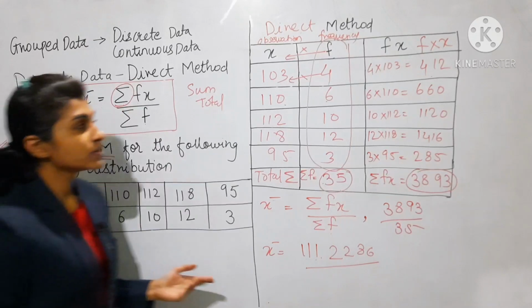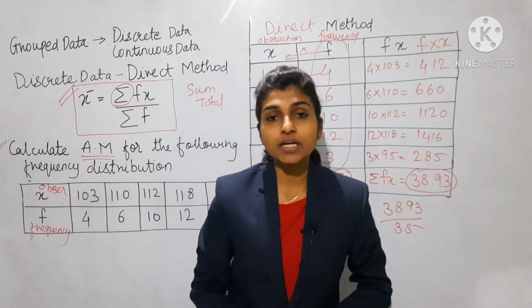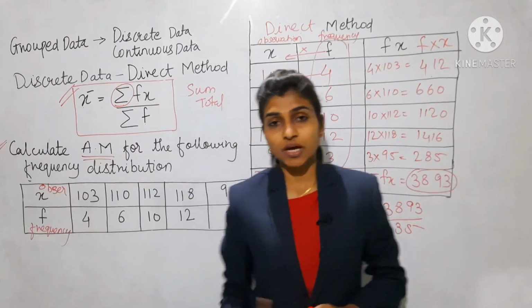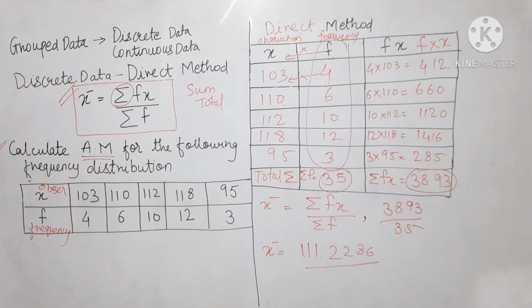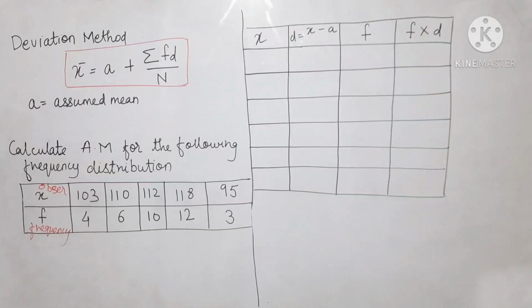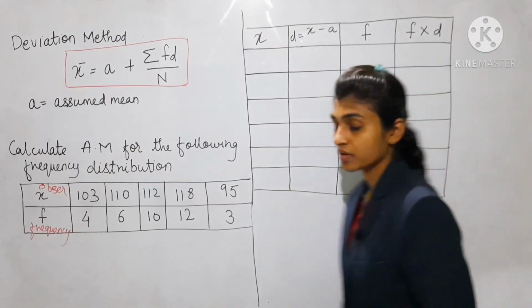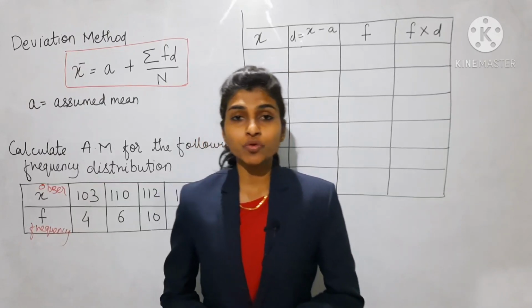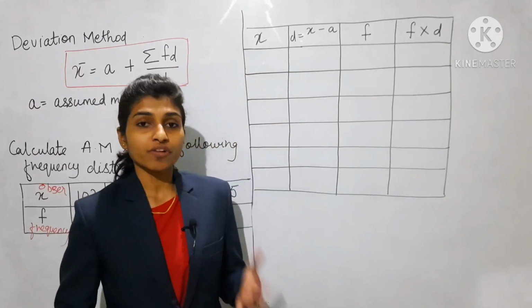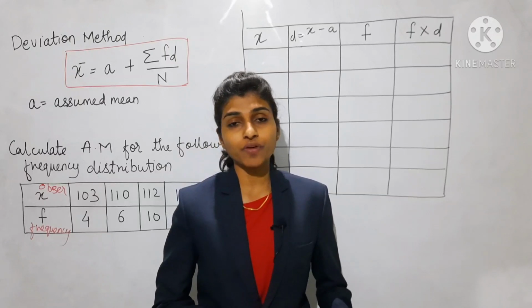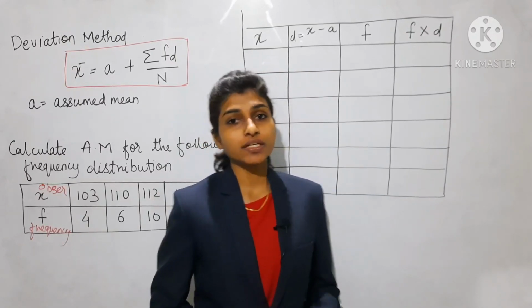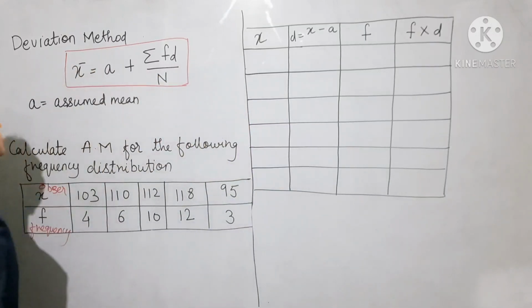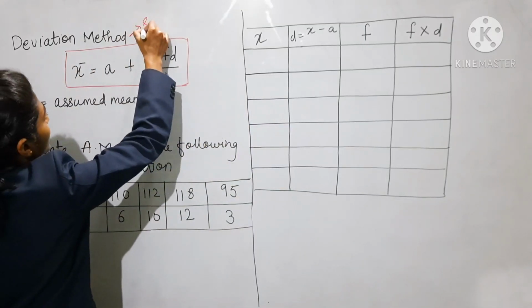Now next we'll see the deviation method. In the meantime, please copy down this sum in your notebook. Okay, so now we'll move to the deviation method. Already we have studied how to find arithmetic mean by the direct method. Now we'll see the deviation method. The deviation method is also called the shortcut method